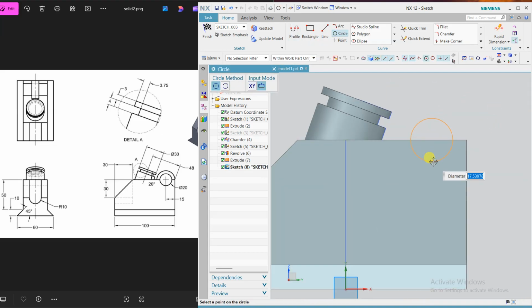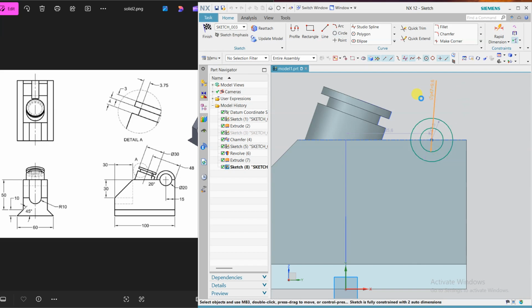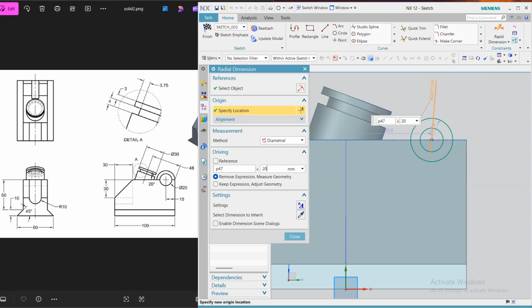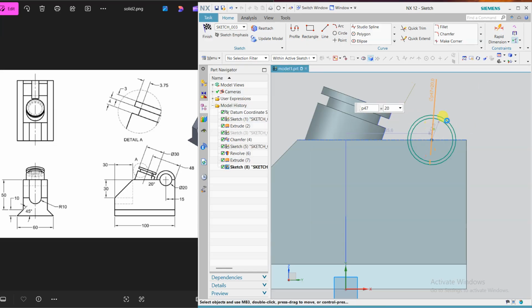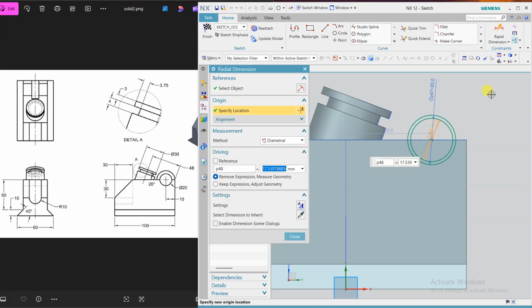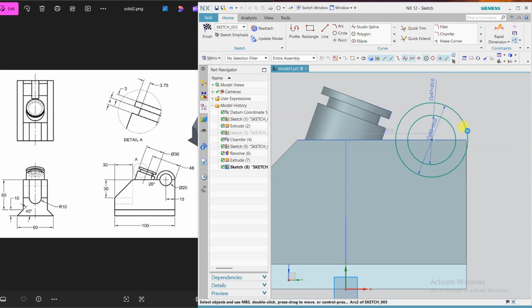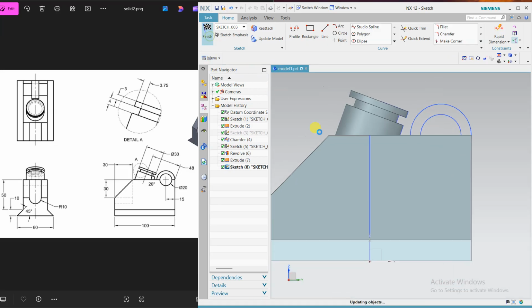Draw one circle and one more circle for the hole, and the smaller circle is 20 dia, and the bigger one is 30 dia, and it should be tangent with this outer edge. Now exit.